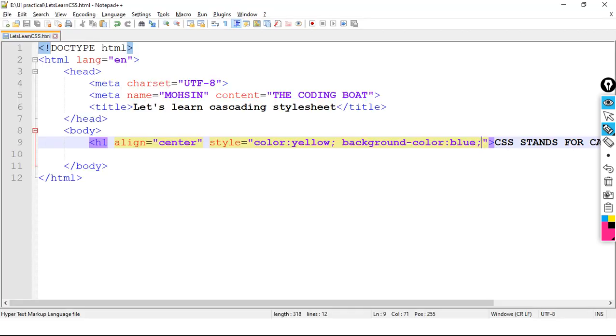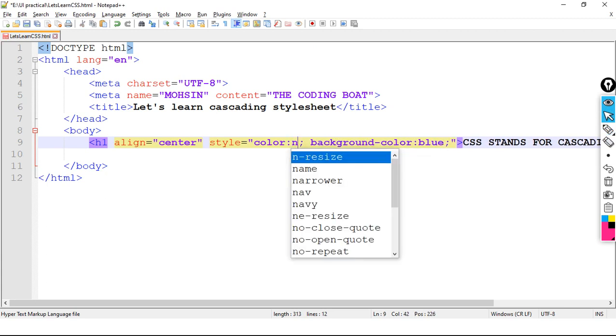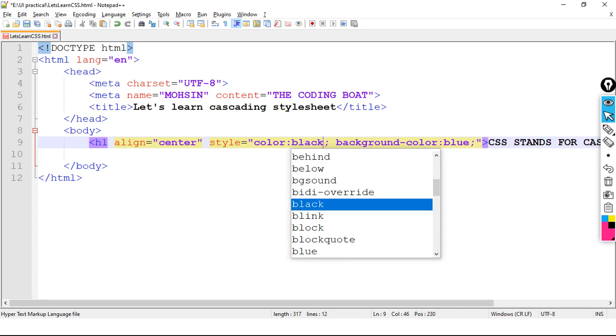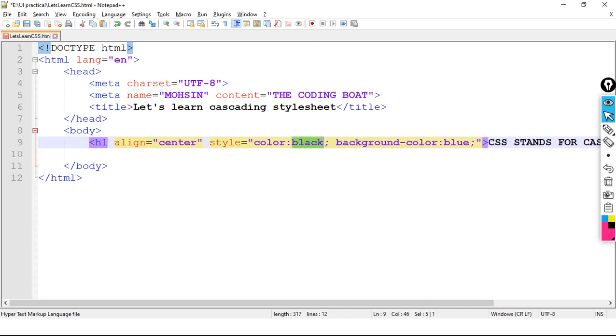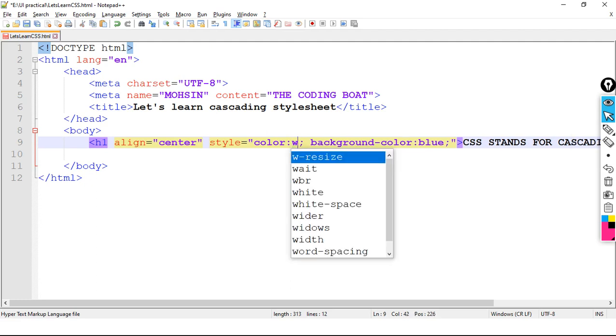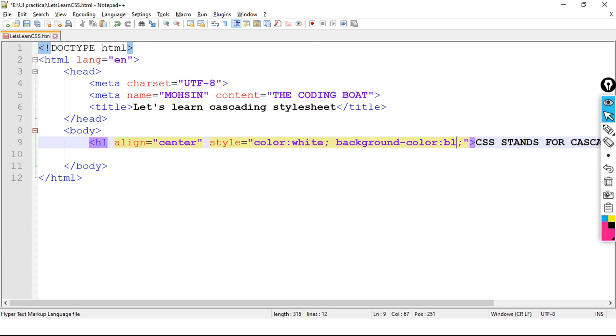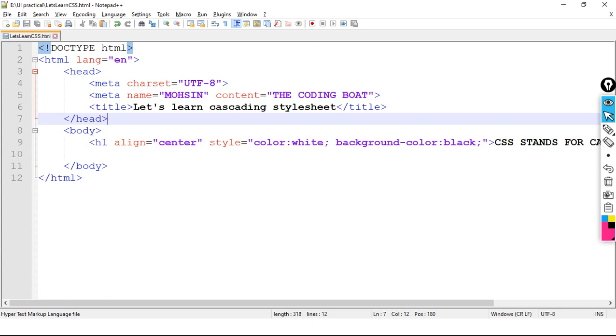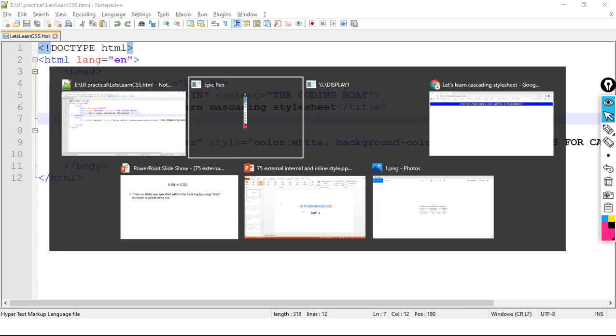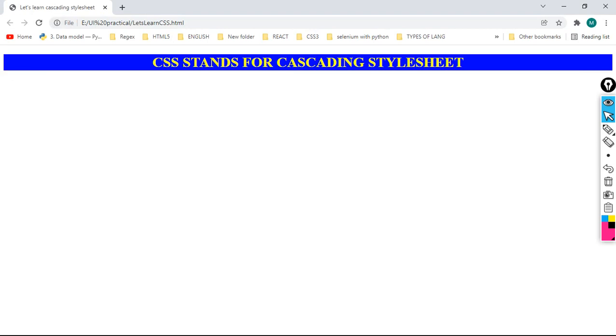I will take color as white, and then background color as black. Save the code and check the output here. So successfully we have made changes in the style of the HTML document.